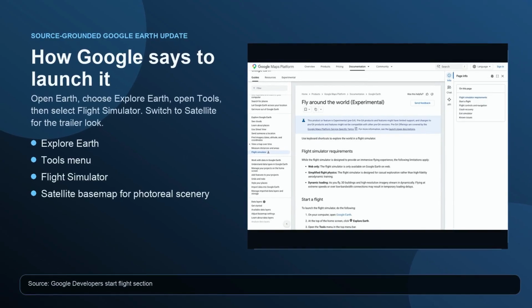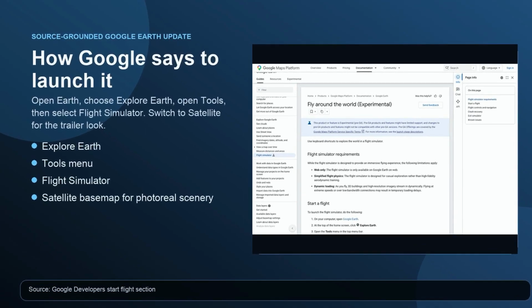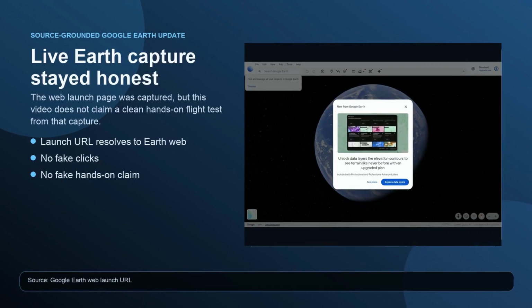The launch path is short, and the docs spell it out. Open Google Earth on your computer. Click Explore Earth from the home screen. Open Tools in the top menu bar. Then choose Flight Simulator. Google adds one detail that should be in the actual video because it changes the first